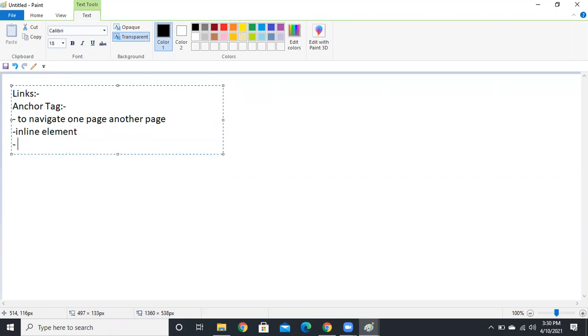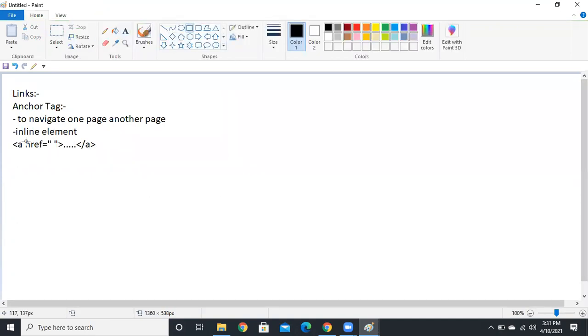Next, we have an attribute called href. Href means hypertext reference.